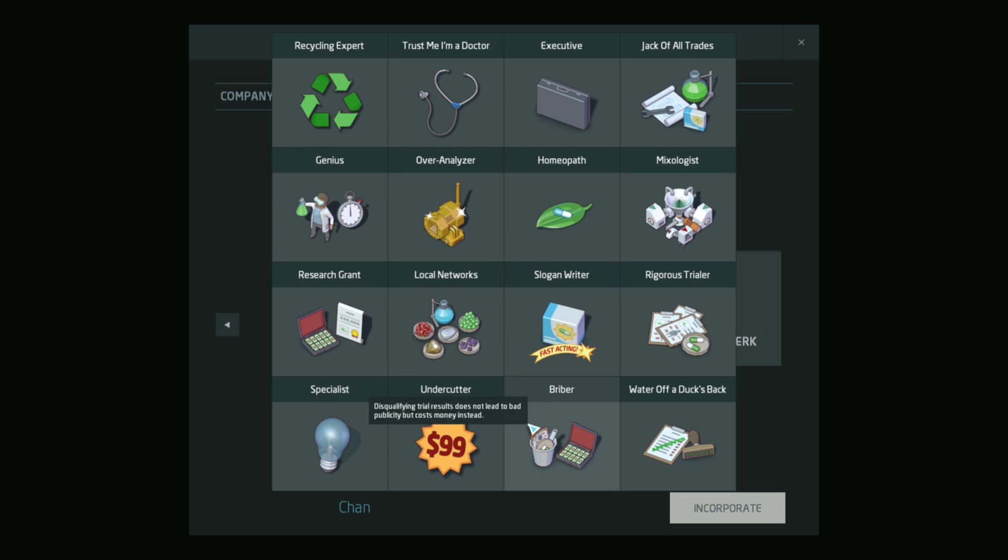I think a couple of the strategies I'm really excited about is using this undercutter strategy, which means that discounting is twice as effective at generating sales. Now what I mean by this is if you offer a 5% discount, the extra sales you'll get will be doubled. And so you can make really bad products which are really cheap, and